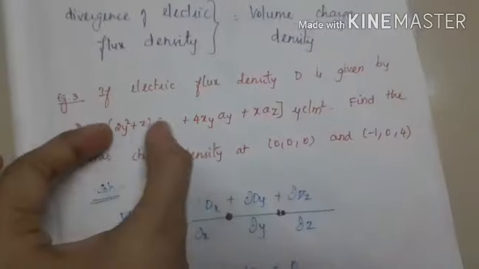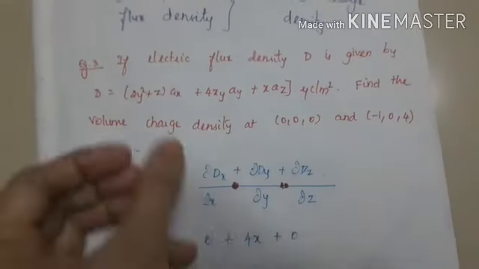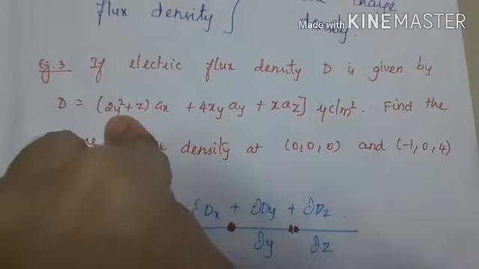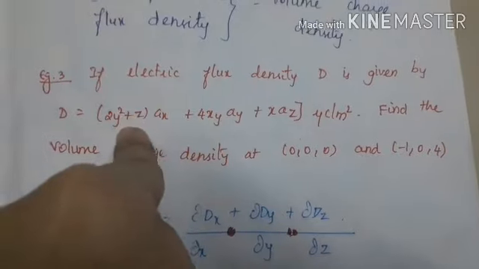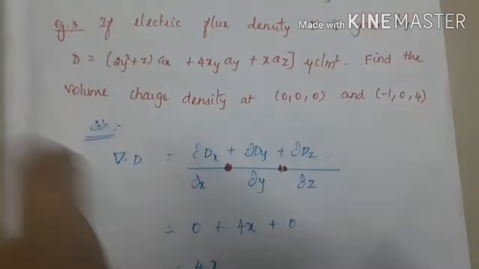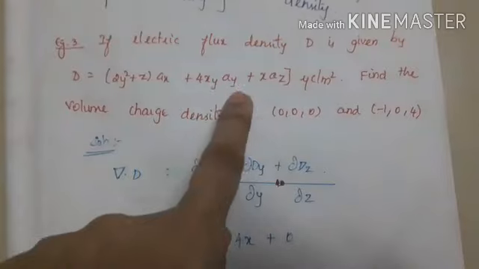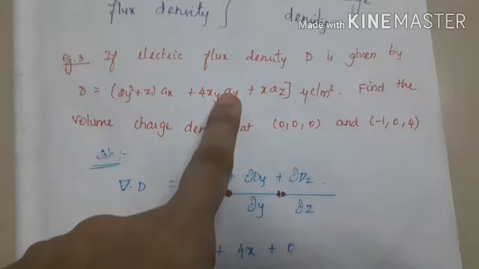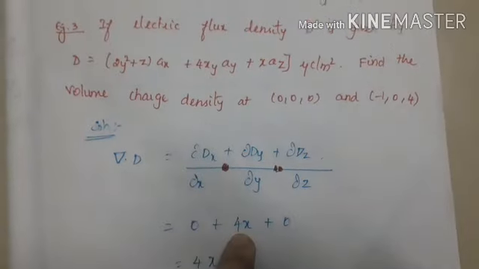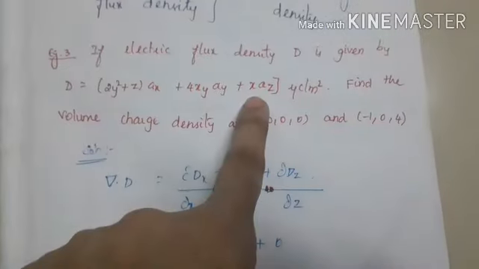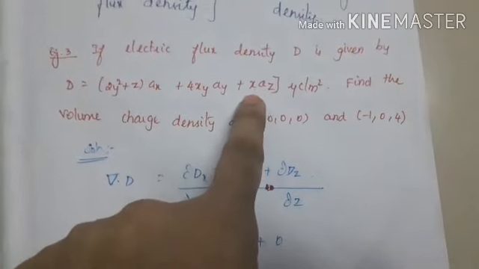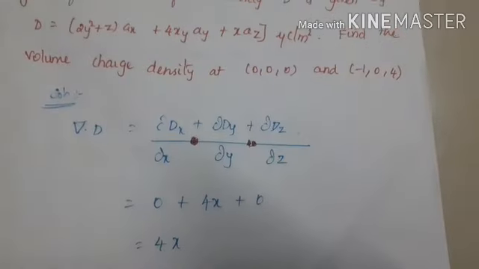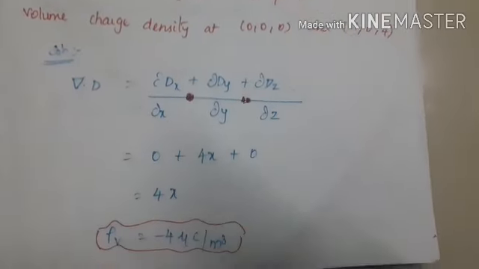See, now the first expression, ax, they differentiate with respect to x. Here there is no x term. The first term is differentiated by x, but here there is no x term, so we are substituting 0. The next term is differentiated by y. Here there is only one y, so partial differentiation in the sense this 4x will come directly. The third term is differentiated by z. There is no z term here, so the value will be 0. Right? So del dot D is equal to 4x.